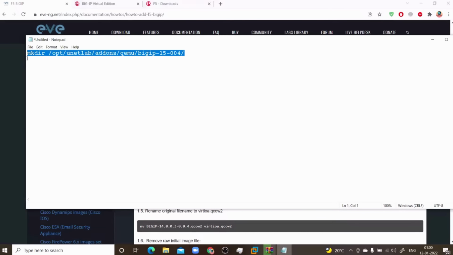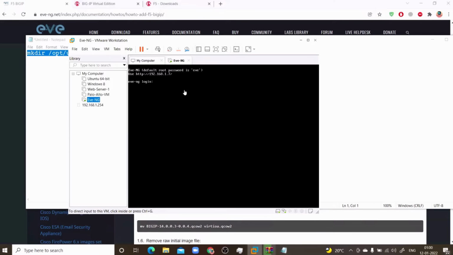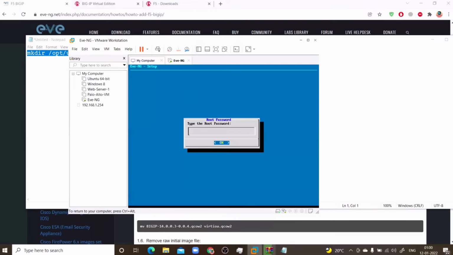Okay, so I'll just copy this command and I can go to the EVNG CLI here. The CLI login is root and eve. So I can log in here, and again eve. Oh, okay, I forgot to initialize it. So first of all, you should go into the EVNG like this and then hit enter, and example domain is fine. Now you can select DHCP, or you can change it to static. To change it to static,